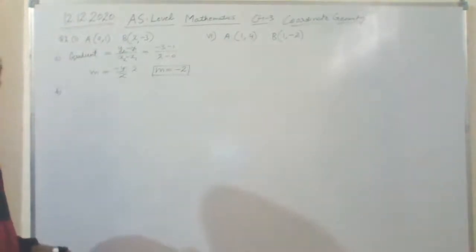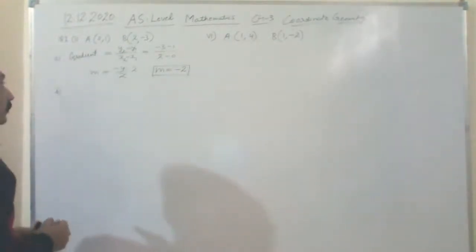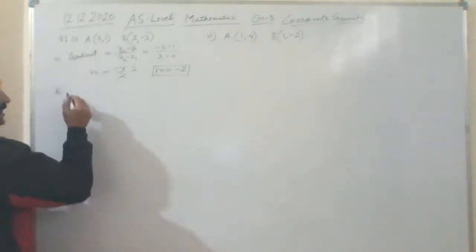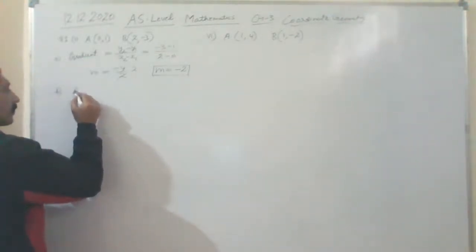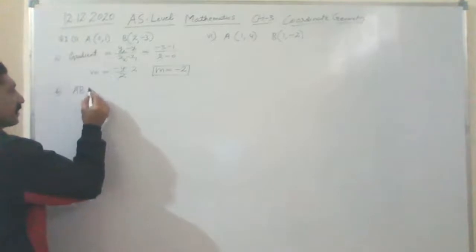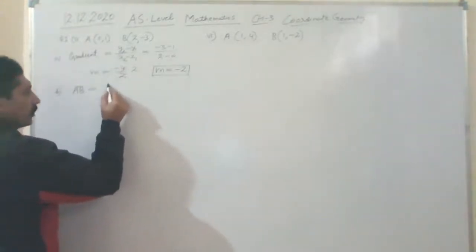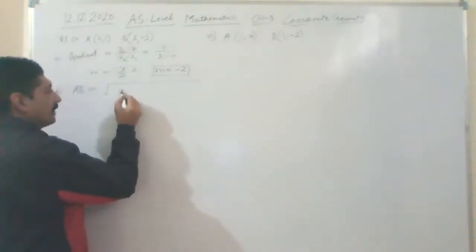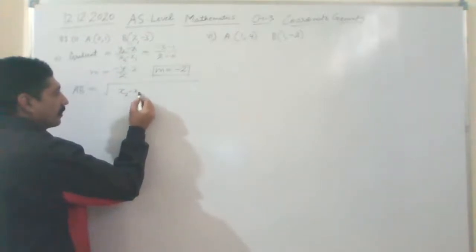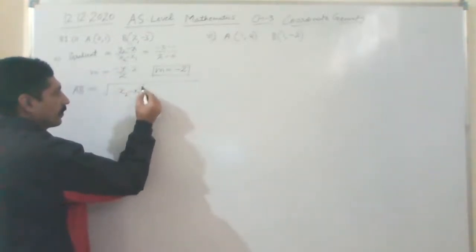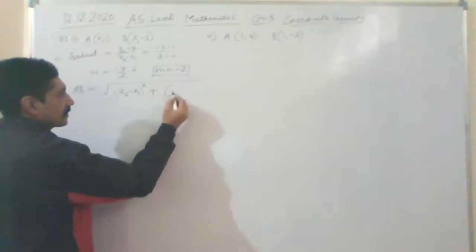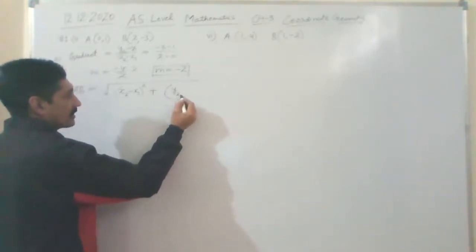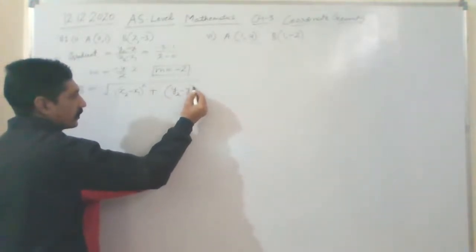What is part B? The distance formula. We have to find the distance AB. So distance AB is equal to square root of x2 minus x1 whole square plus y2 minus y1 whole square,